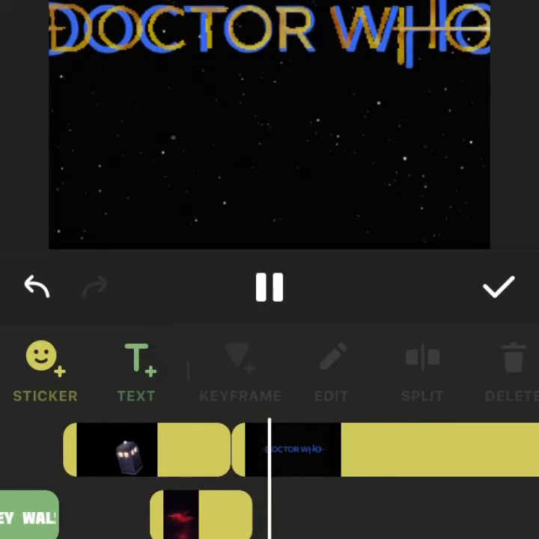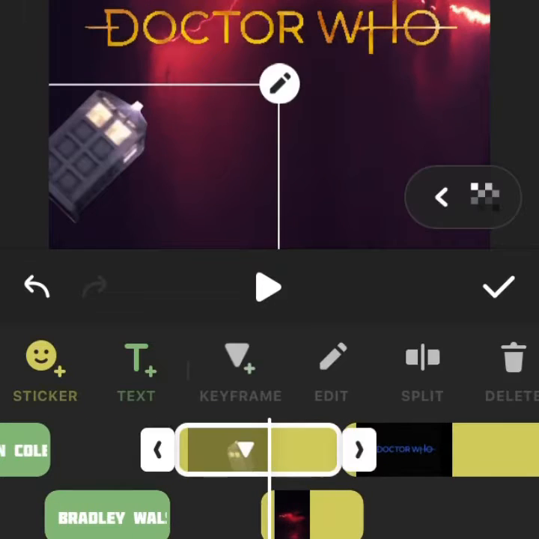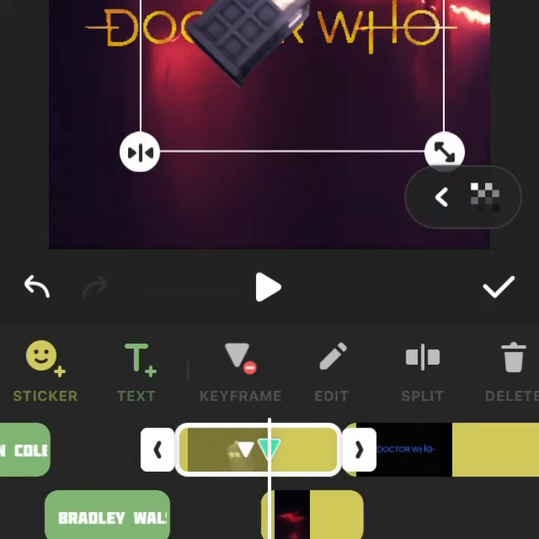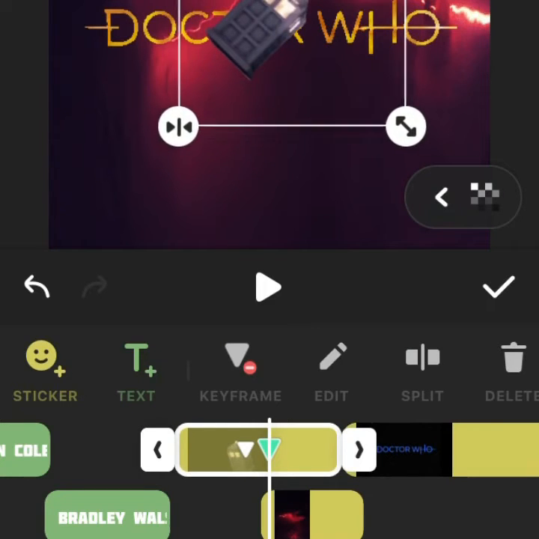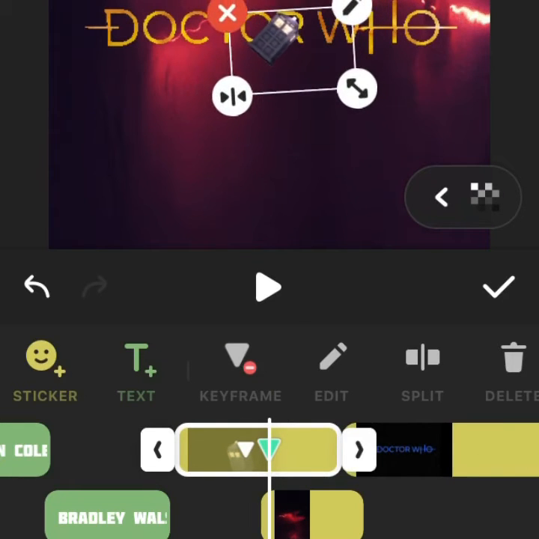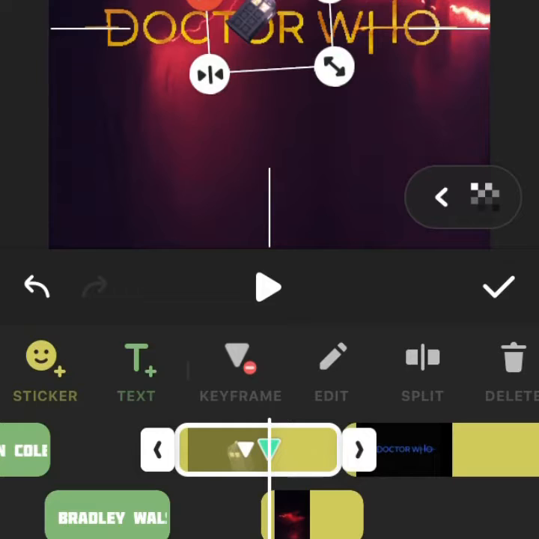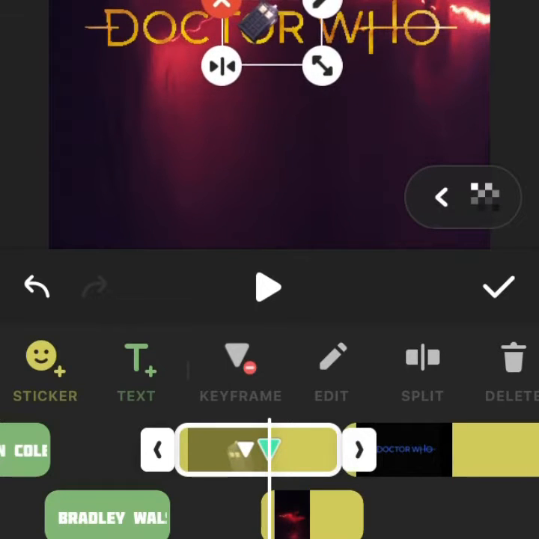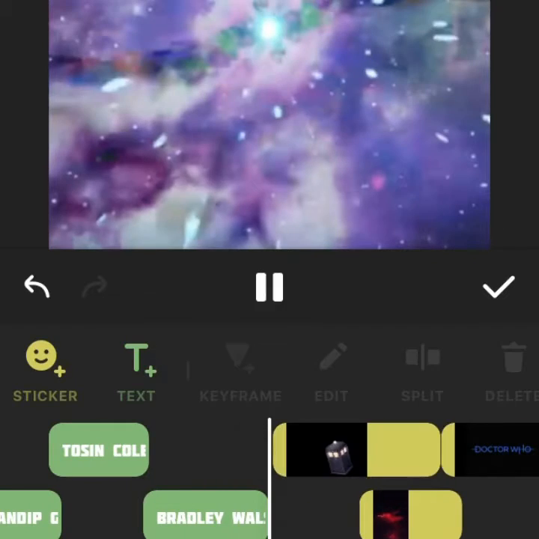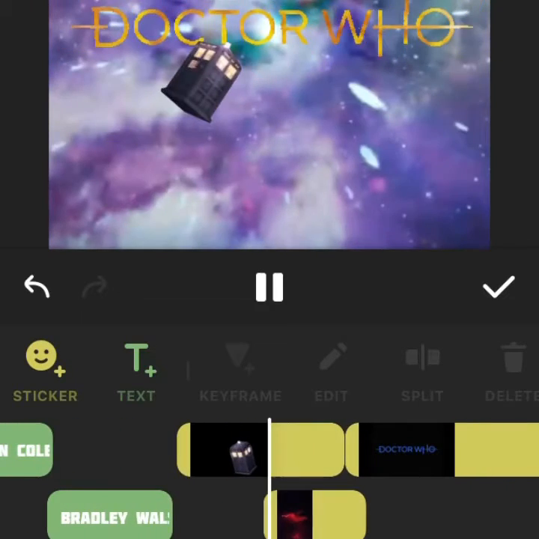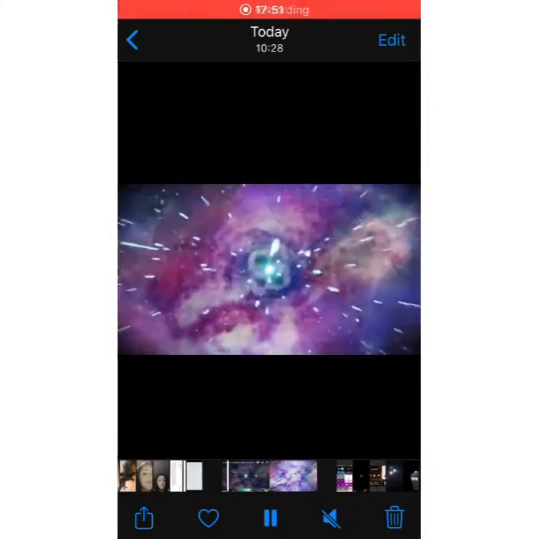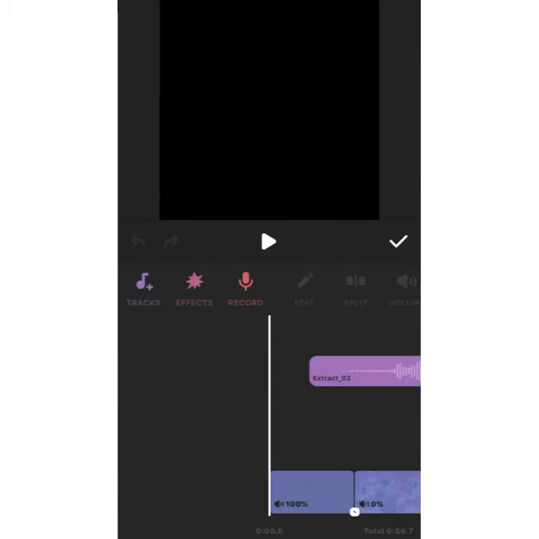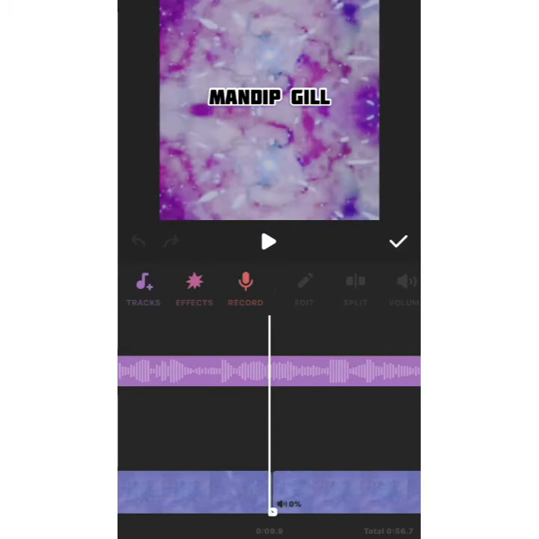This bit I don't eventually use, but it is kind of a nice idea, and I might use it in the future. As you can see, I'm just going to let you watch this little bit of me getting everything right. This took me a very long time to do, but it was worth it as it gave me an idea for the future. So, using this original footage here, I went on to InShot yet again, where I was editing it,